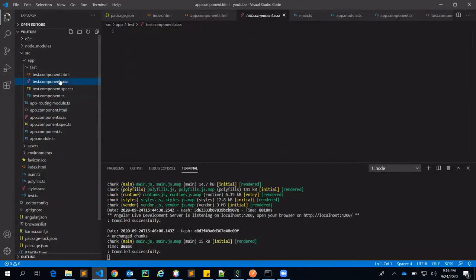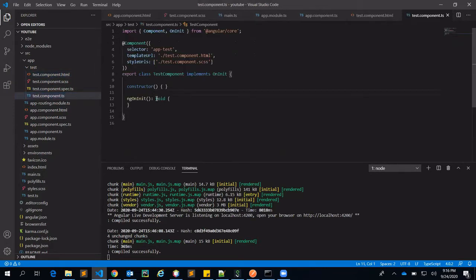Now we'll start. So what is interpolation? First I'll take a variable, name, and assume I have taken the name as Shailesh.